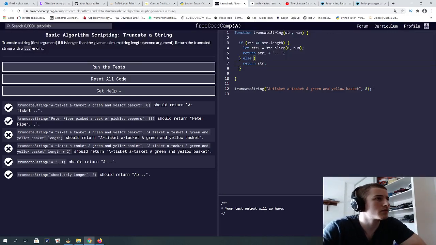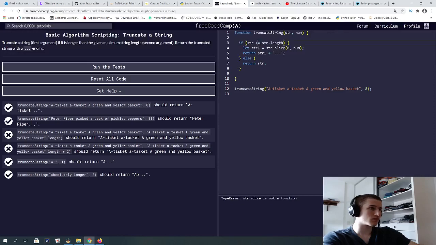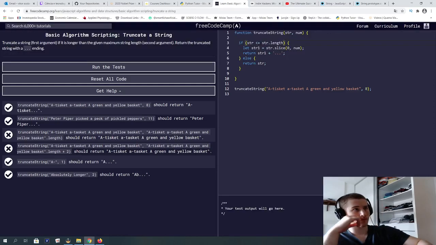So if string is greater than string length, less than, no, it's less than num. No, that doesn't make any sense either. So if string is less than string dot length,